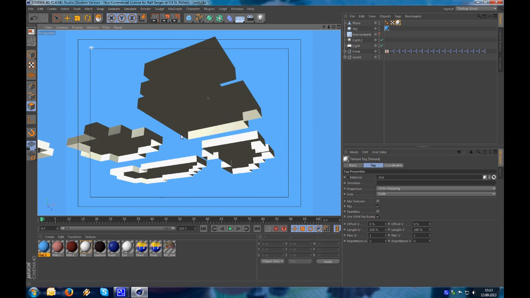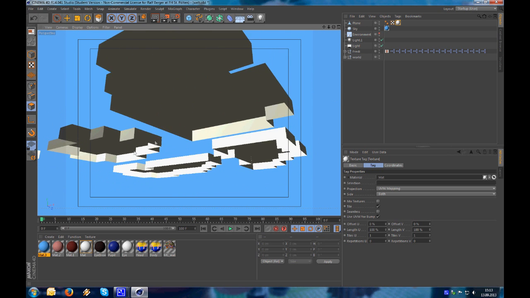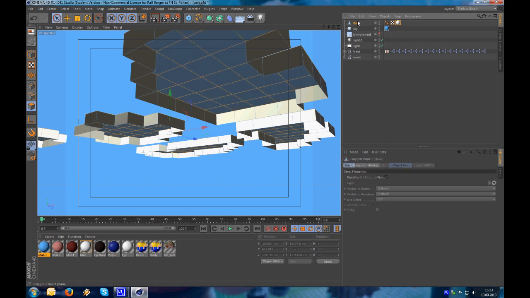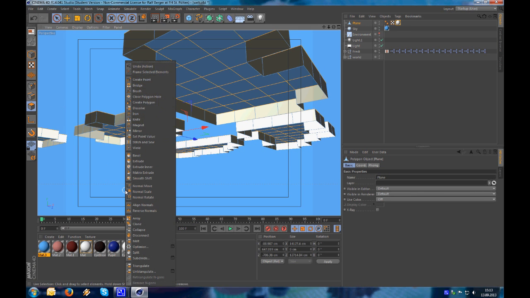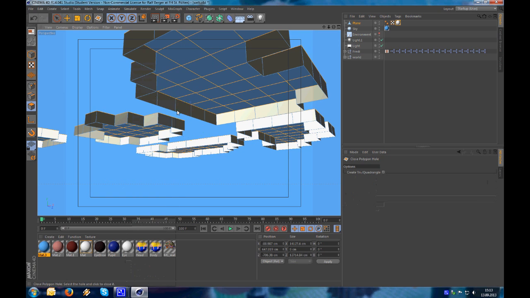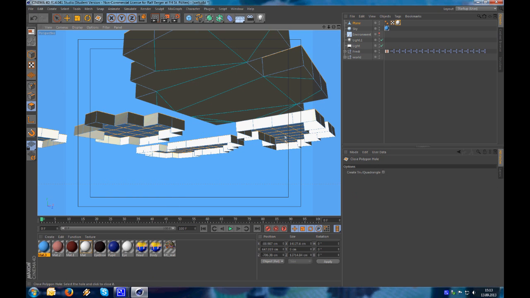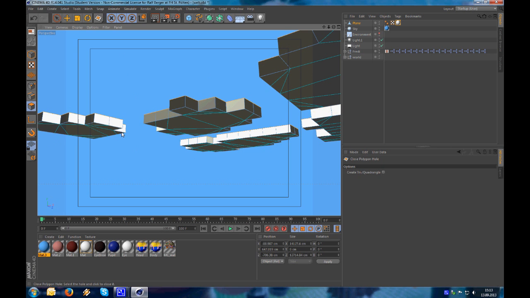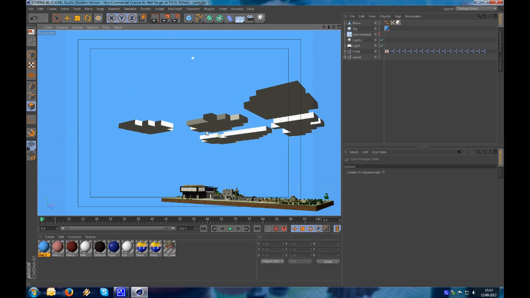and we don't want these holes down there, so what we can do to fix this is select your plane, right click and look for the close polygon hole, and then you can simply go and close your polygon holes. I didn't close that one. Yes, so now we close them,